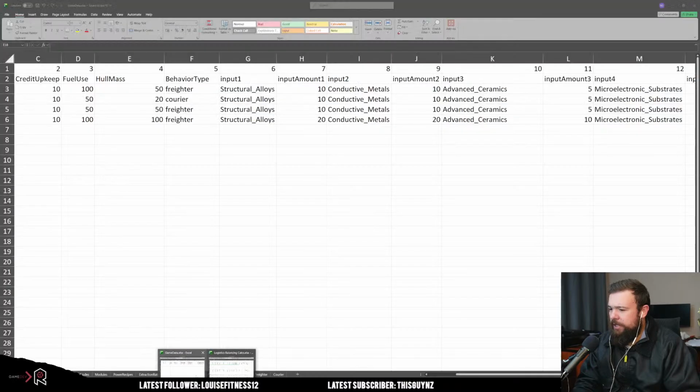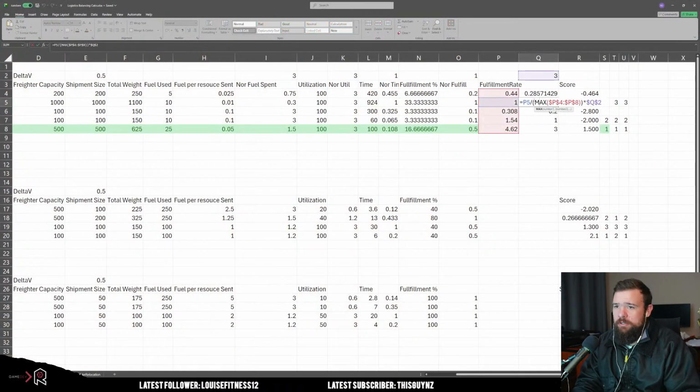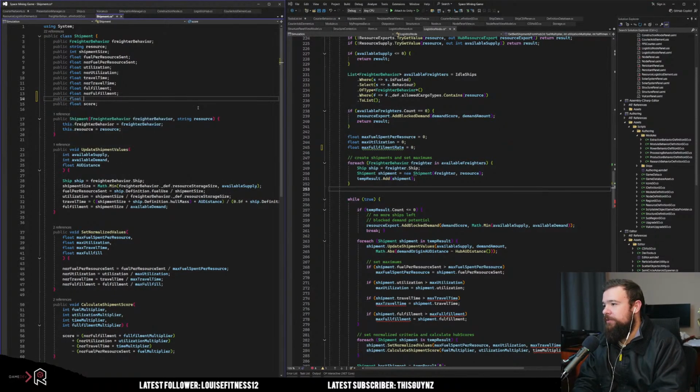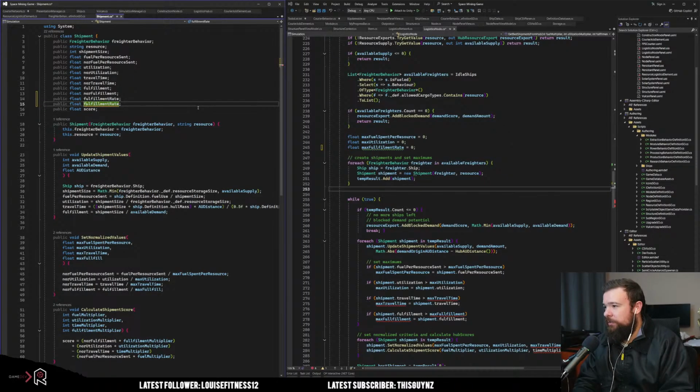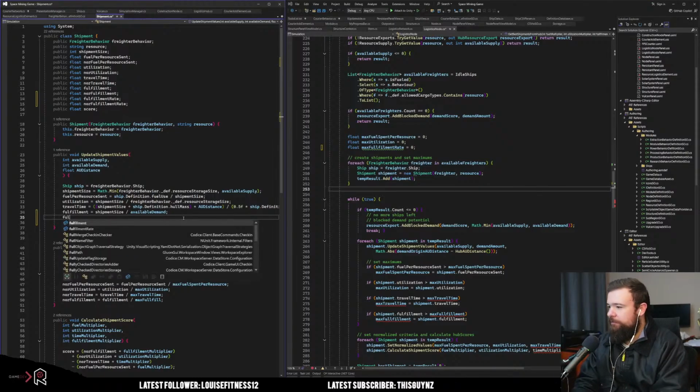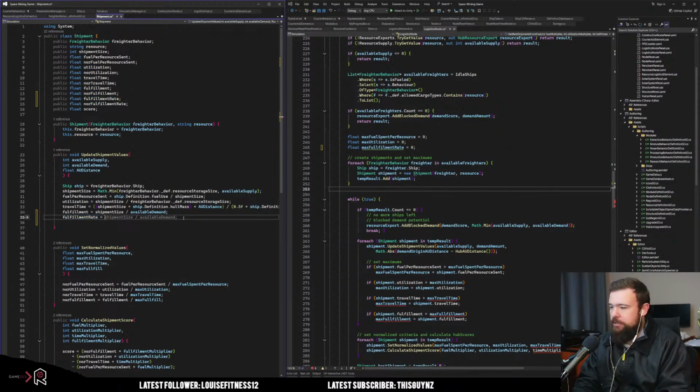Okay, wait a minute. How did I calculate my fulfillment rate? It's the normalized values. Okay. So normalized fulfillment, and then I need a public float fulfillment rate, and then I also need the normalized fulfillment rate, right? So right here, when we update the shipment values, fulfillment rate is just equal to